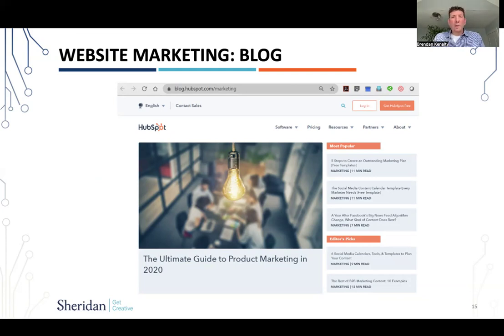It's really stuff that companies or individuals are sharing that is more timely or seasonal, so doing things around Christmas or around summer, that type of thing. But you have a content plan around your website as a static place, and then your blog is where you put a lot of your dynamic content, your frequently published content. And as we get into SEO, your blog is very important for Google.